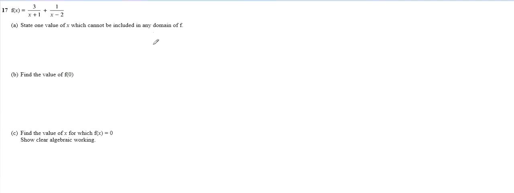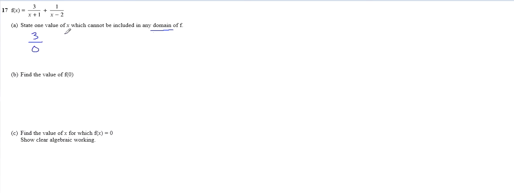Question 17 starts off by asking us about the domain of this function. Now, the domain is like your x values, if you like. Which values of x are going to cause a problem in this function? What we mean by that is if we have 3 divided by 0, that causes a problem,